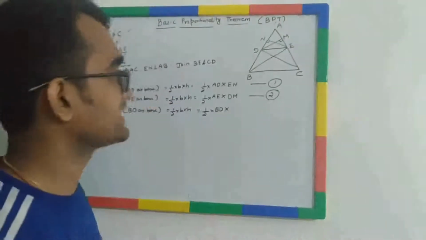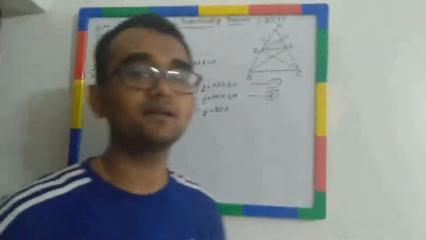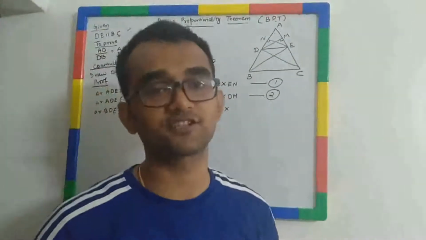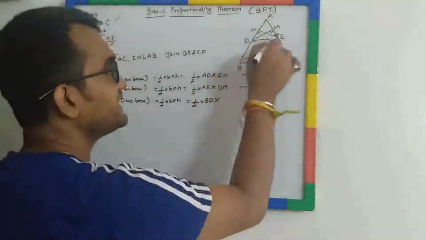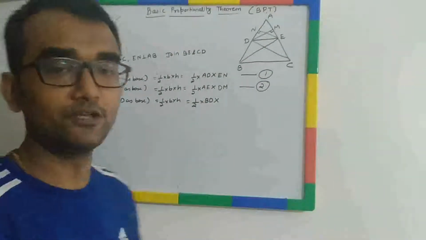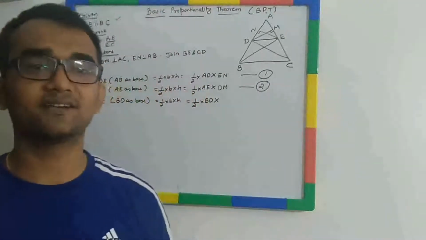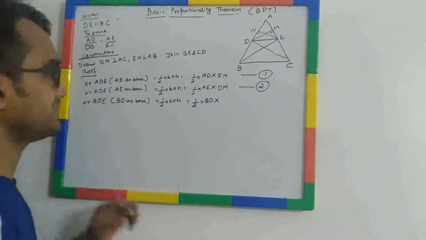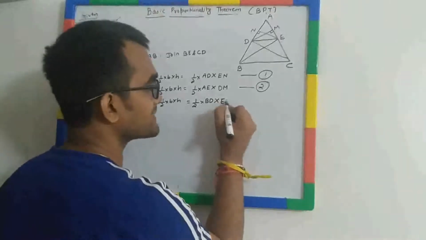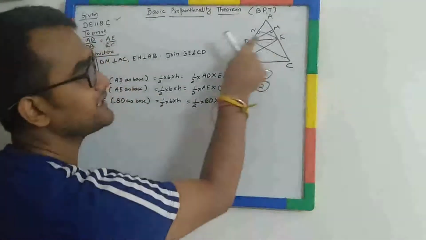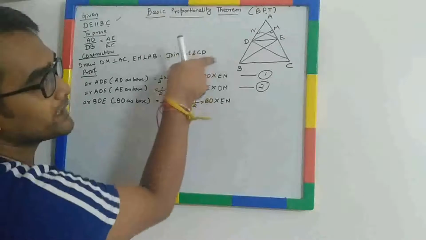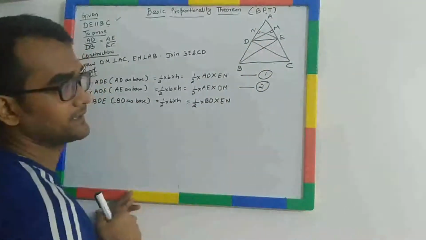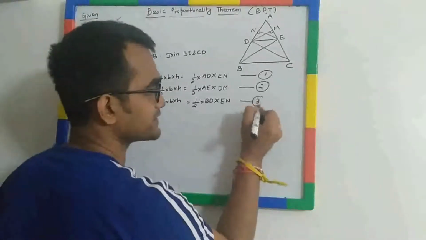Now, I explained to you that in an obtuse angle triangle, its height cannot be in its interior, it will always be at its exterior. So BDE is an obtuse angle triangle, and we know that in an obtuse angle triangle, its height is always at its exterior. In triangle BDE, we will treat EN as the height because EN is perpendicular to AB and BD is a part of AB. Let it be equation 3.